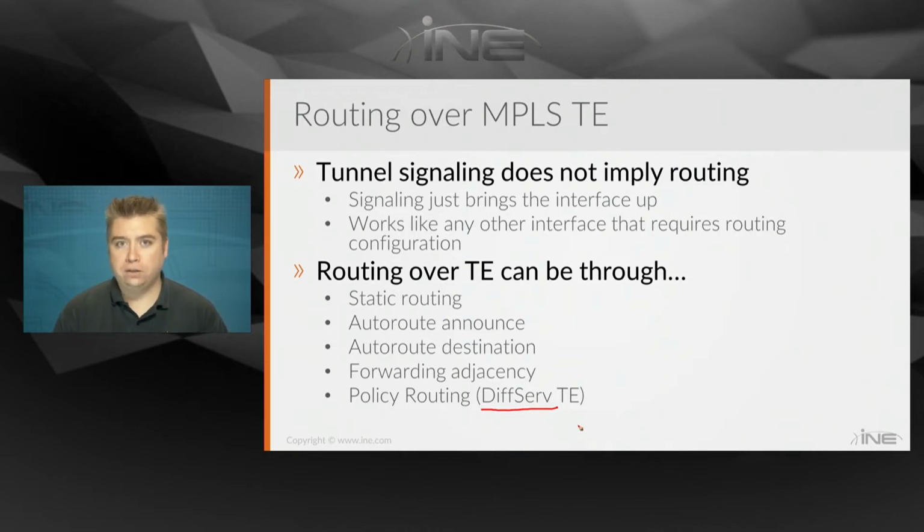What this basically means is that when traffic comes in, like from your customer-facing interface, I'm going to classify it based on the DSCP marking. Like, is it an IP phone call? Is it DSCP EF? If so, then I'm going to point that traffic to a particular tunnel. And this tunnel is going to have different attributes, like what's the bandwidth reservation, is it protected, what particular other attributes are listed on there. But the point being here is that this is a routing decision that we're making based on these other underlying